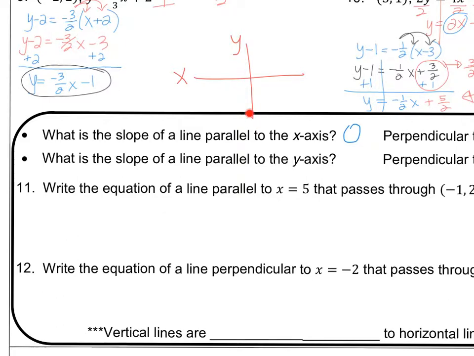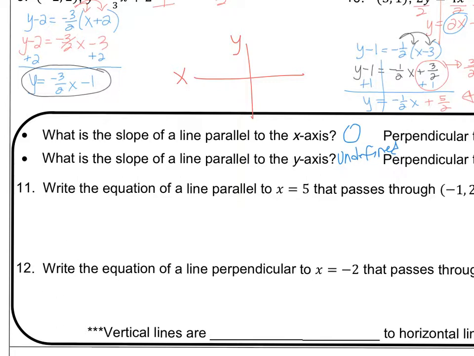And then when we look at the y-axis, the slope of our y-axis is undefined. It's not a function. It's a vertical line. We call that undefined. So undefined. Okay, so now that we know that the slope of the x-axis is 0 and the y-axis is undefined, now